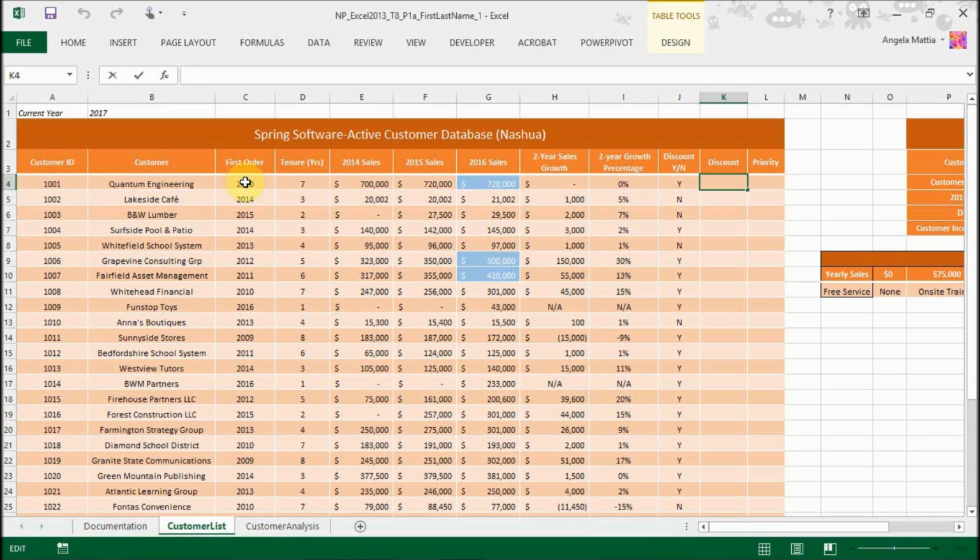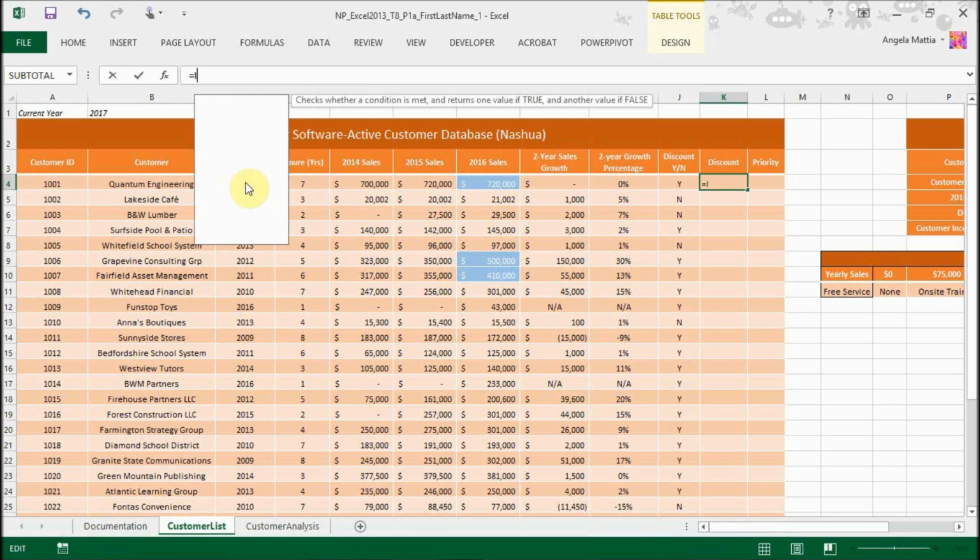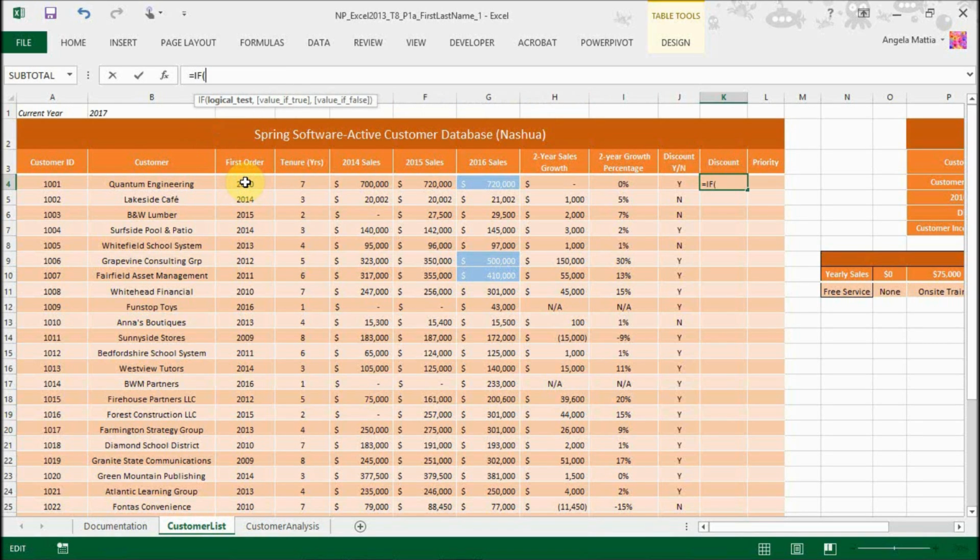In K4, we're going to do another if statement. So we're going to put equal, if, open parenthesis, and we're going to do the discount, yes or no, and we want to know if it is going to be equal to no. That's our first logical test. So is it equal to N? Okay, comma, 0, or if,